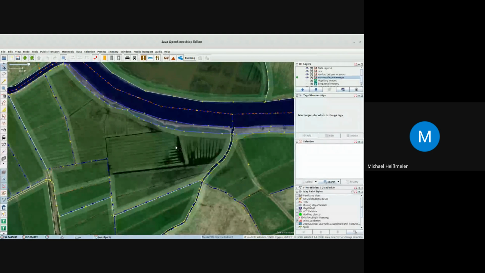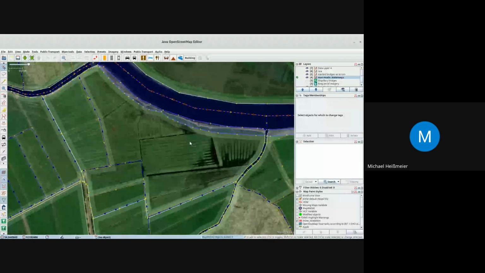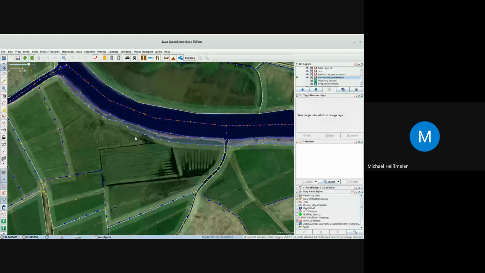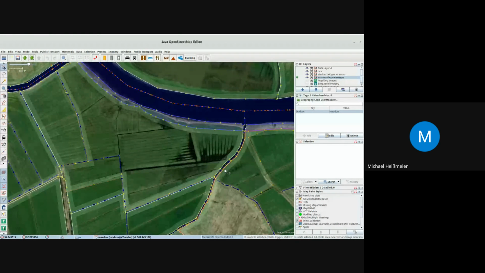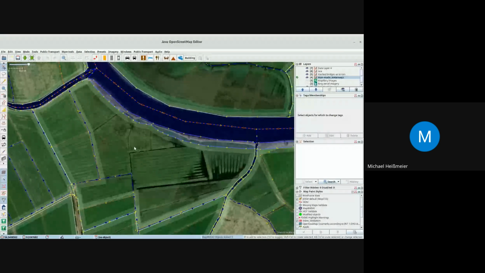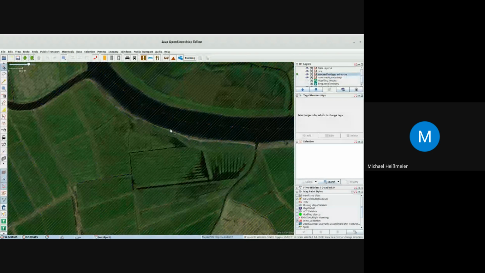As I said, if we had an aqueduct, then this is definitely some artificial waterway above ground. I'm coming back to culverts quite soon. Now we've seen those natural waterways. We've seen here a couple of artificial waterways from the canal to those ditches and drains. And yeah, we've already learned that the layer tag is something important. And I'd like to show you a different area here where we've got a couple of problems in this respect.